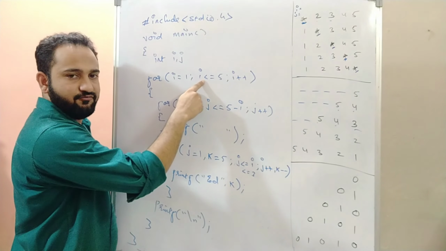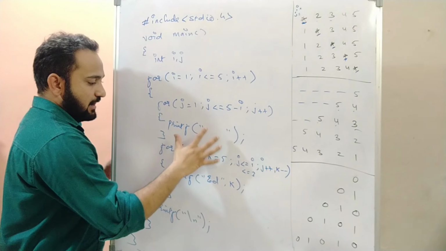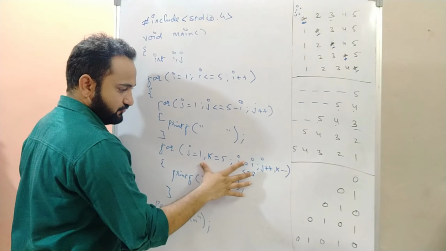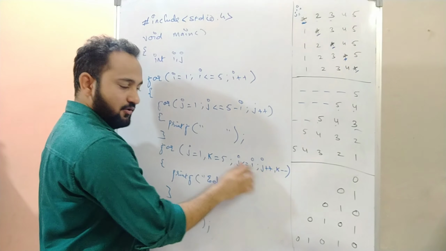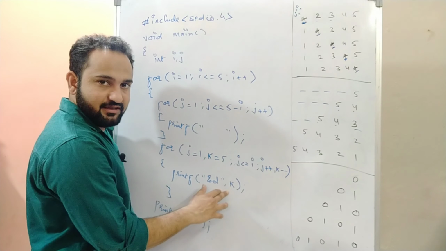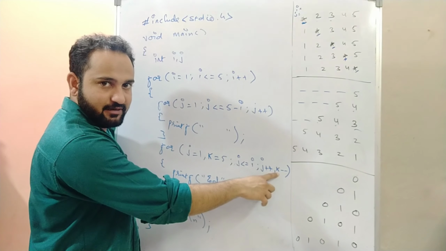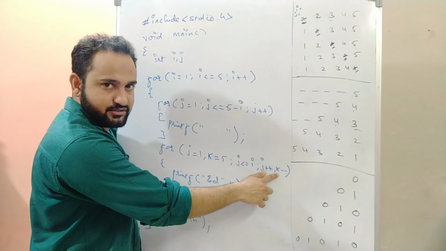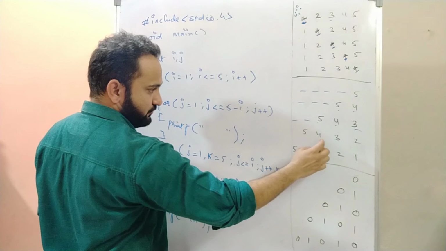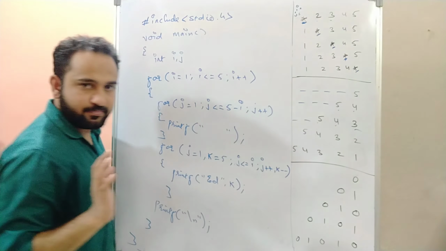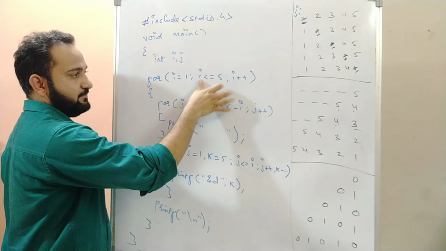So for the next case, the value of i will be 4. 5 minus 4, only one space it will leave. And it will iterate from j equals to 1 to 4. How many times it will iterate? It will iterate for 4 times and print the value of k 4 times while decrementing the value of k by 1 each time. So it will print the value of k for the first time as 5, then 4, then 3, then 2. Agree?